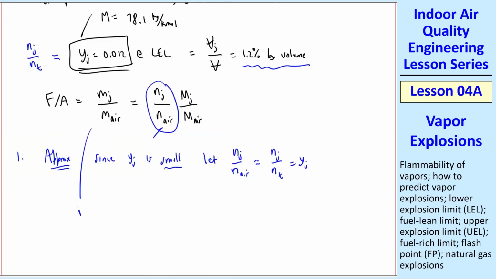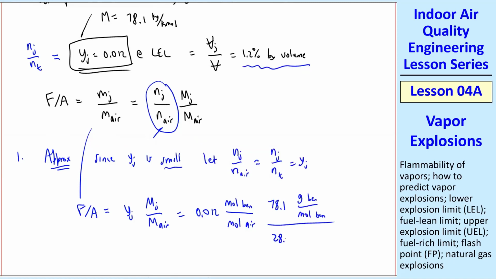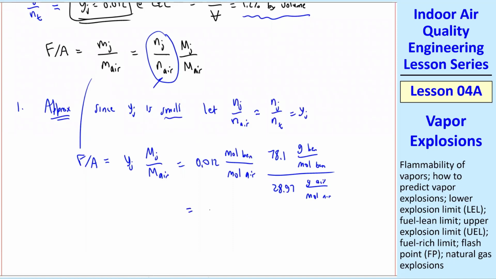So then this becomes F over A is equal to Yj Mj over M air. And so you plug in the numbers 0.012. This is mole of benzene over mole of air as an approximation. And then the molecular weight 78.1 gram of benzene per mole of benzene over 28.97 gram of air per mole of air. And all the units cancel out to give you